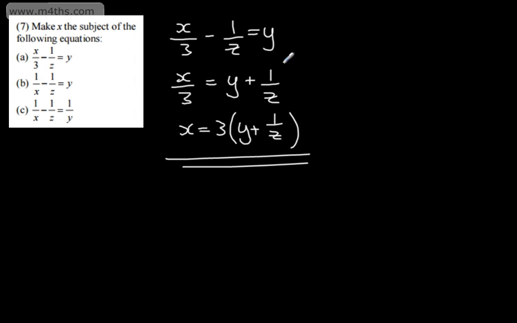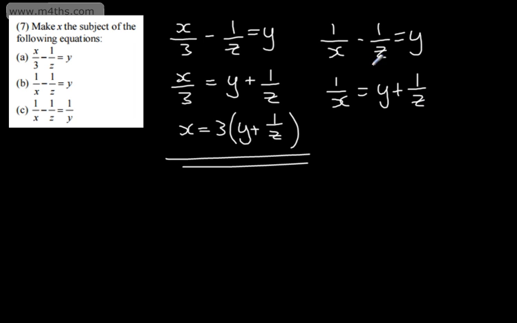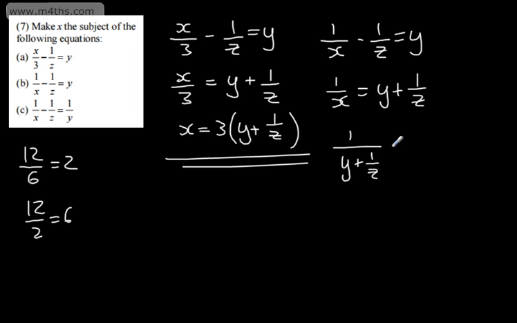Okay, next one. 1 over x. So automatically this is not pretty. Doesn't matter at all. 1 over x is going to be equal to exactly the same, y plus 1 over z, by adding this 1 over z to both sides. Here comes my cheeky move that we saw earlier. 12 divided by 6 is equal to 2. 12 divided by 2 is equal to 6. Therefore, we can simply say that 1 divided by y plus 1 over z is equal to x,